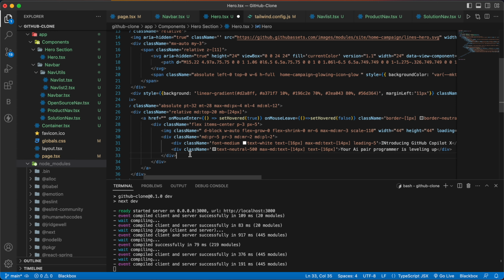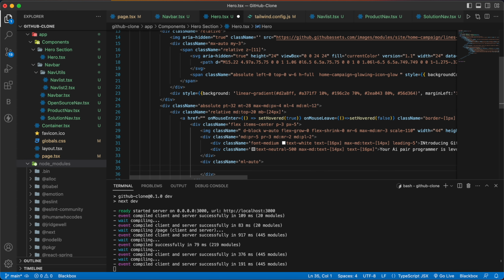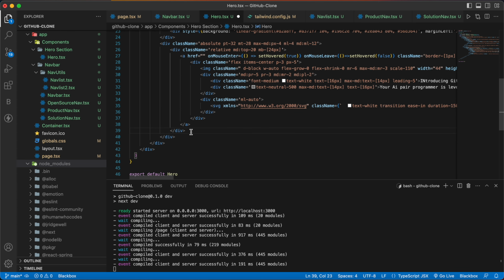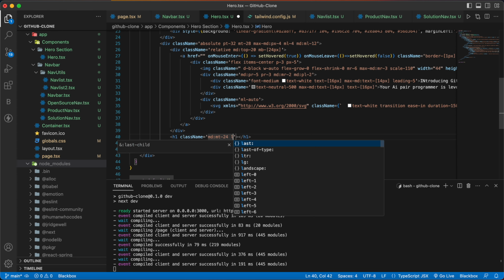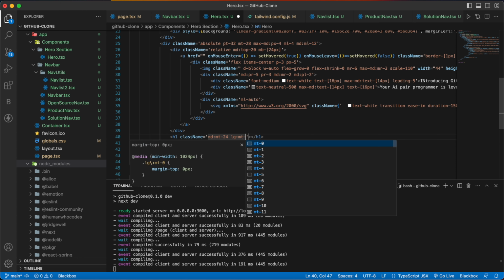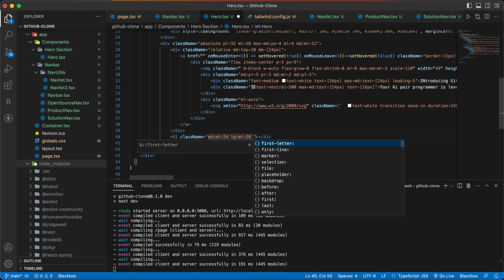After that, outside this div we are going to have one more div with the class name of ml-auto, and inside that we'll give an SVG. Finally, outside this div we will have an h1 tag with the class name of md:mt-24, lg:mt-28, sm:mt-10,